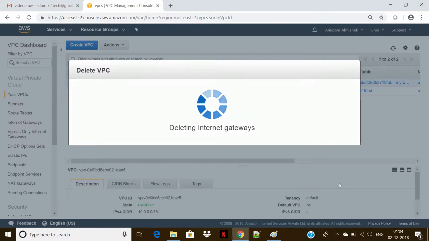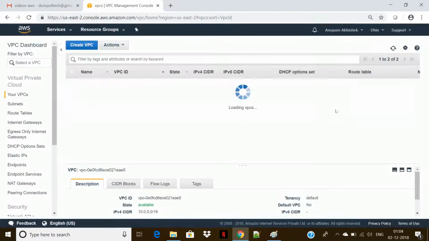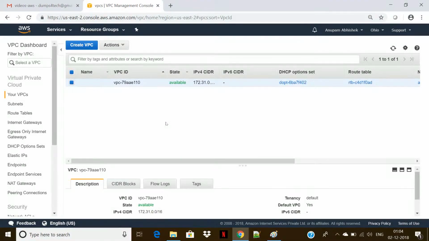Now we need to click on NACL, that is Network Access Control List. Similar to your route table, there is a NACL also created by default. If you wish, you can create a new one. You can write My NACL, select the VPC for which it is getting created and create it. So my NACL is created, my route table is created, my internet gateway is created. Everyone has been connected to the VPC. What else